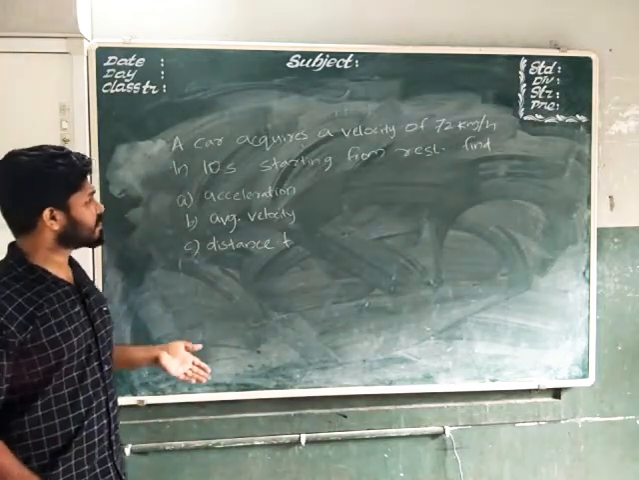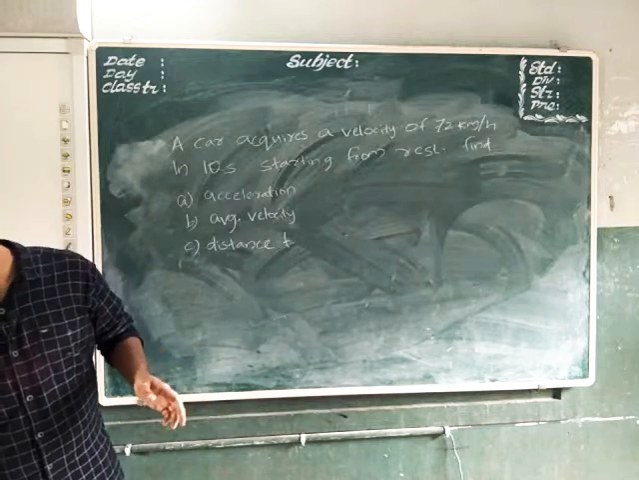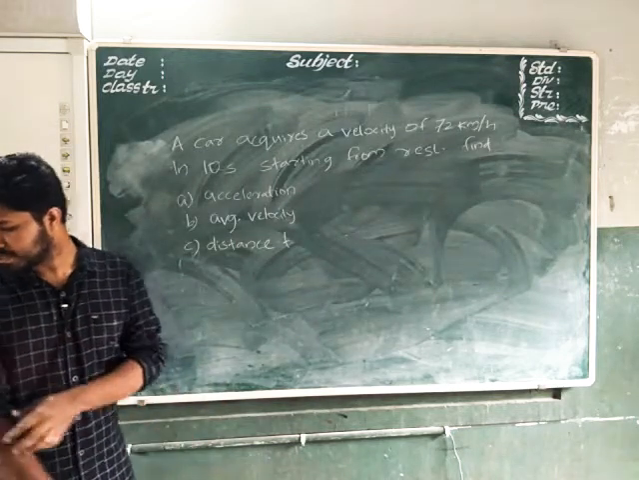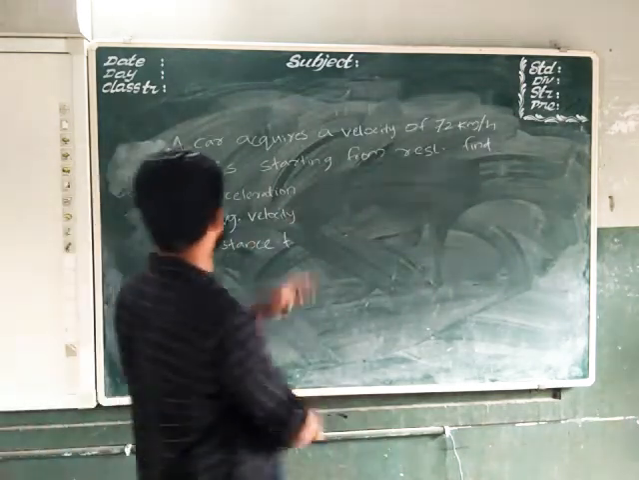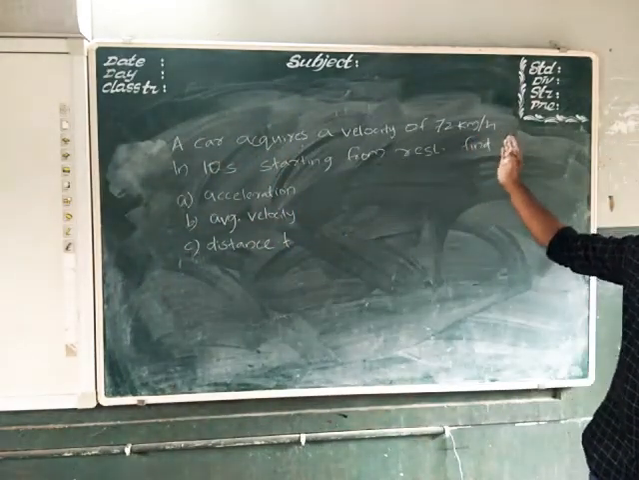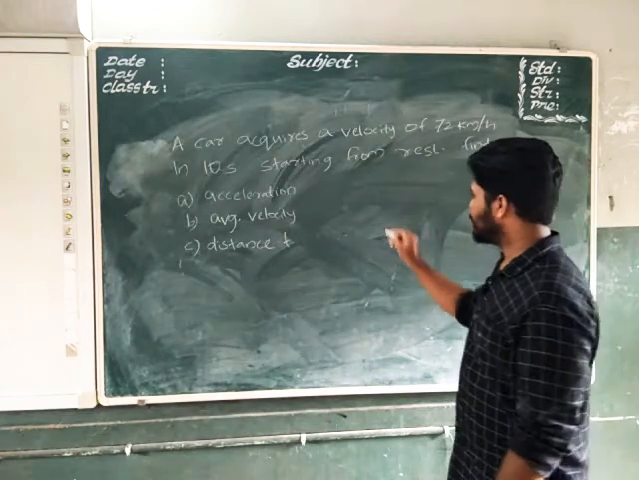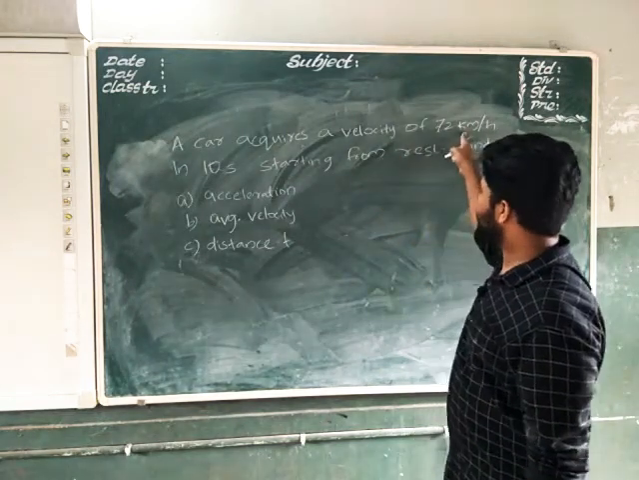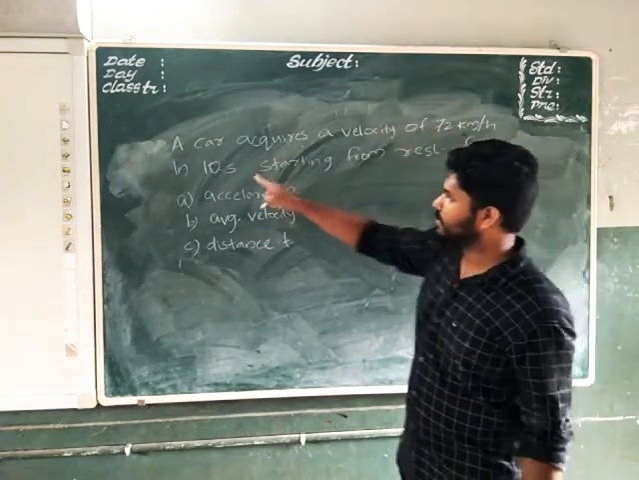Okay. So here are 3 sub questions. Are any other details given? No, not at all. So see here. A car acquires a velocity of 72 km per hour in 10 seconds. So here 72 km per hour in 10 seconds, starting